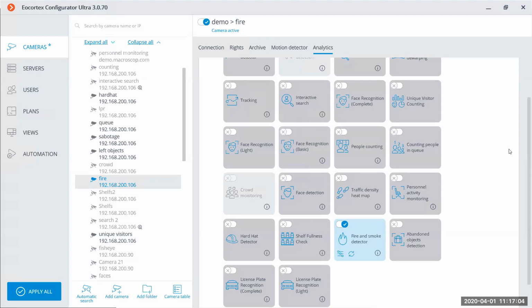For example, if your location is outdoors, such as parks or forests, and you just can't physically put fire sensors there, in this case I can recommend the fire and smoke detection module.